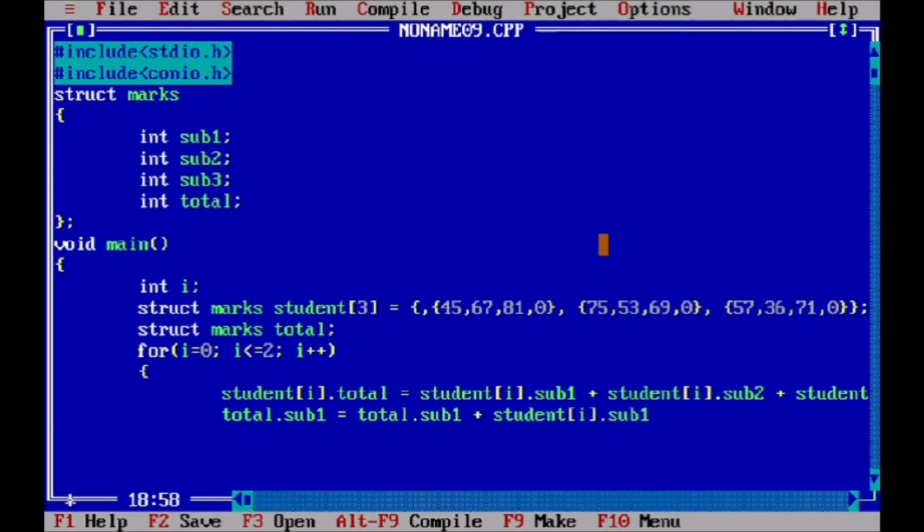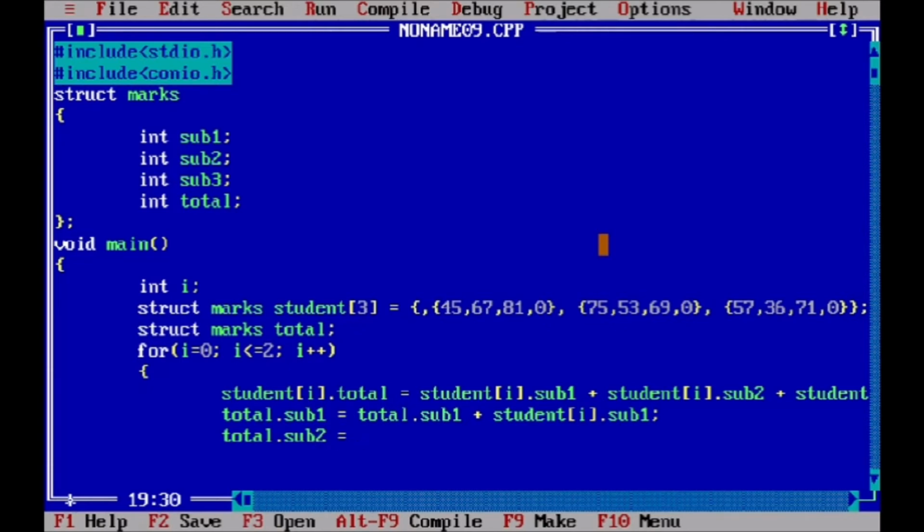So for that we write total dot subject 1 is equal to total dot subject 1, which is 0, plus student 0th subject 1 marks, then student 1 subject 1 marks, likewise. This is how we can calculate 45 plus 75 plus 57, then 67 plus 53 plus 36.